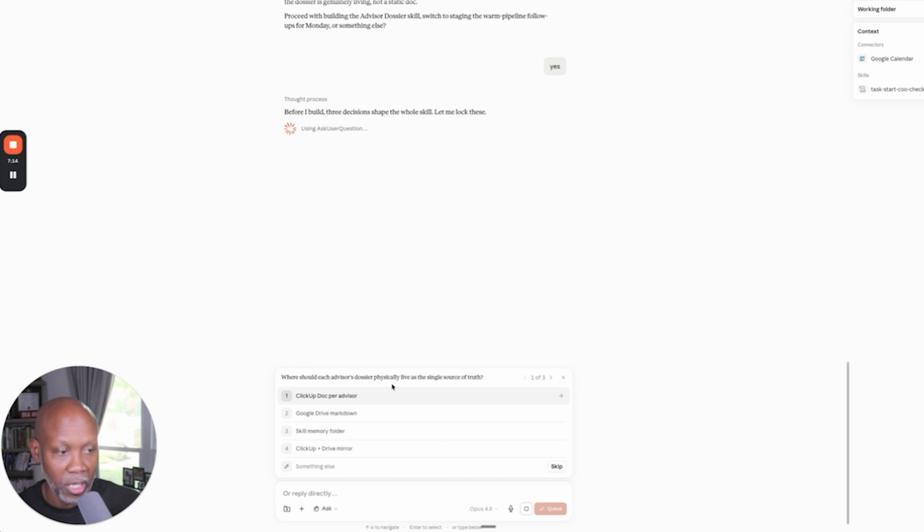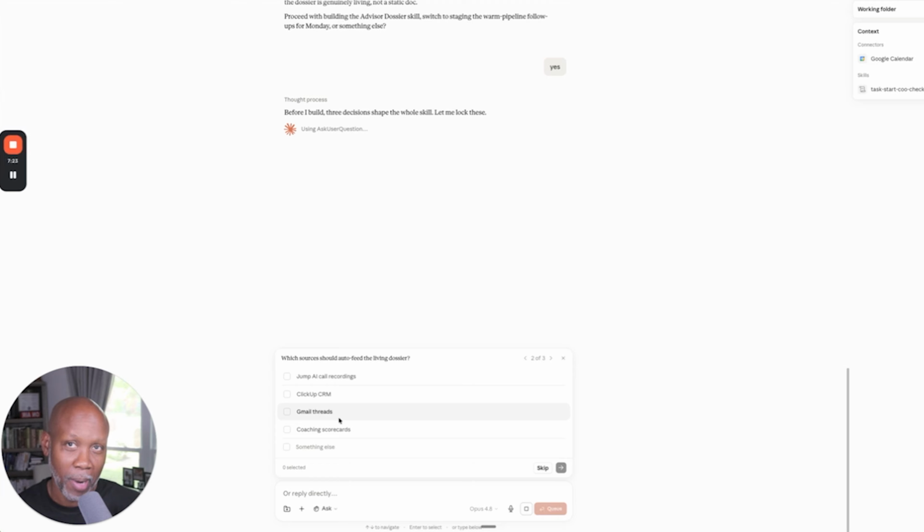So it's now saying, where should each advisor dossier physically live? So for now, we're just going to say a Google Drive Markdown. Right. I have ClickUp and some other things, but it's probably going to reside on the server for our company. But for right now, for this task, we're going to do it here. Which sources should auto feed the living dossier? We want Jump AI, ClickUp CRM, Gmail threads, coaching scorecards, some other things we want to do,